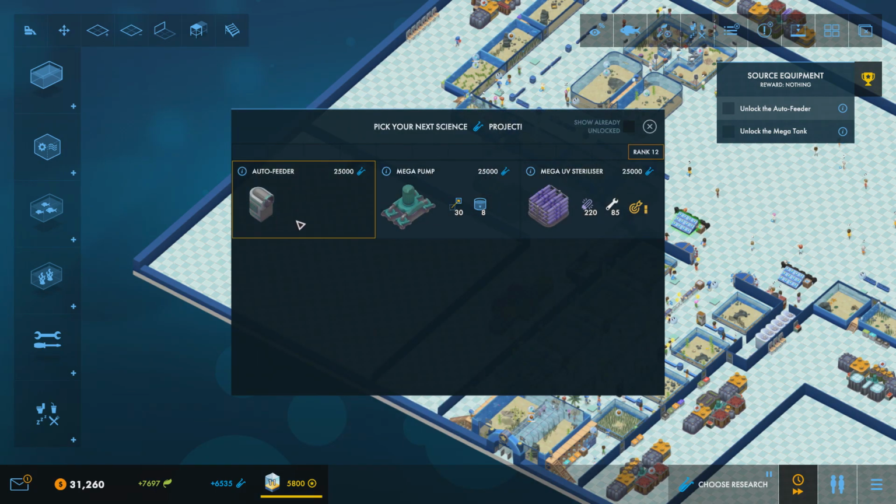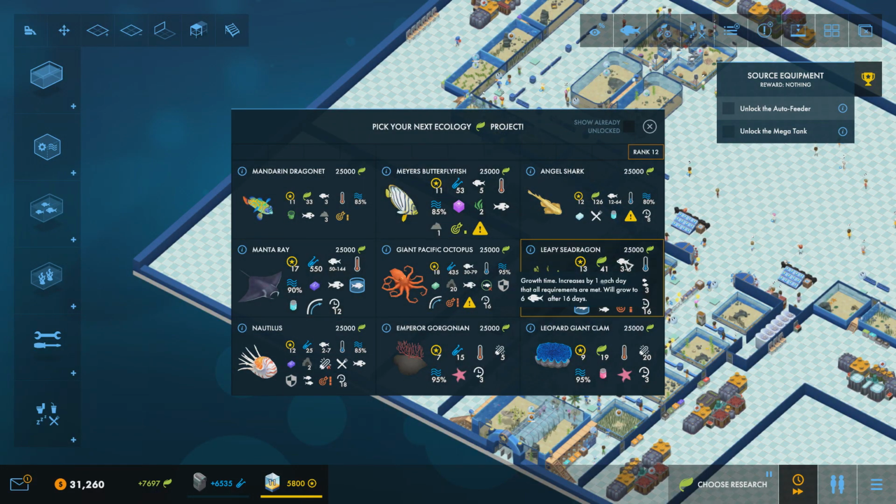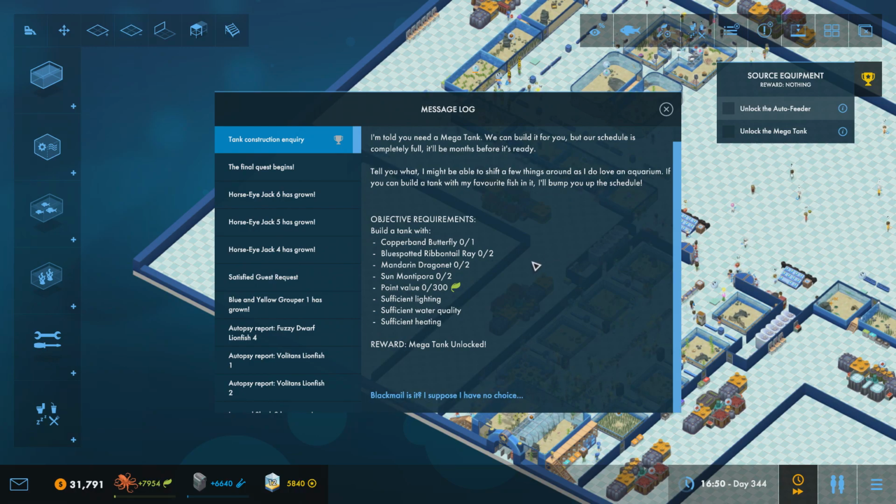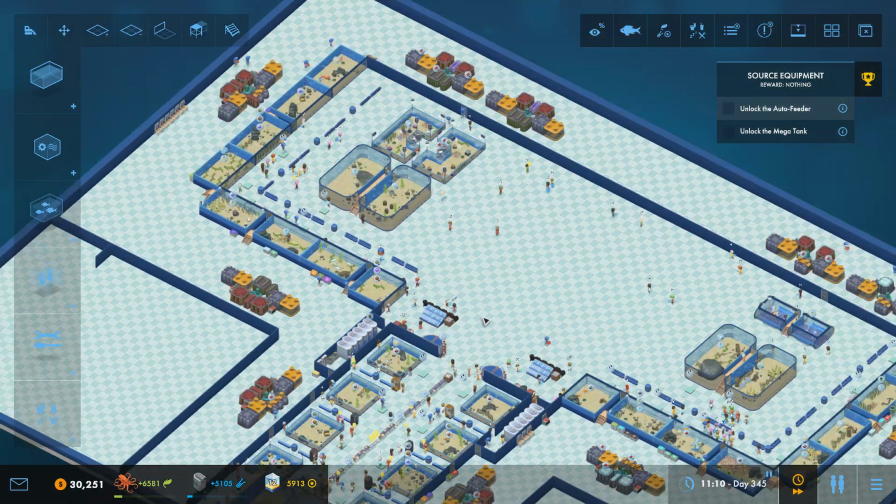Let's go for the auto feeder first, because we need that. And let's go straight for the Pacific Octopus and let's have a look at what we've got in here. Tank construction inquiry. So they want us to build a tank with one copper band butterfly, two blue spotted ribbon tail rays, two Mandarin Dragonets, 2 Sun Montipora, a point value of 300 ecology points, sufficient lighting, sufficient water quality and sufficient heating. Okay, so